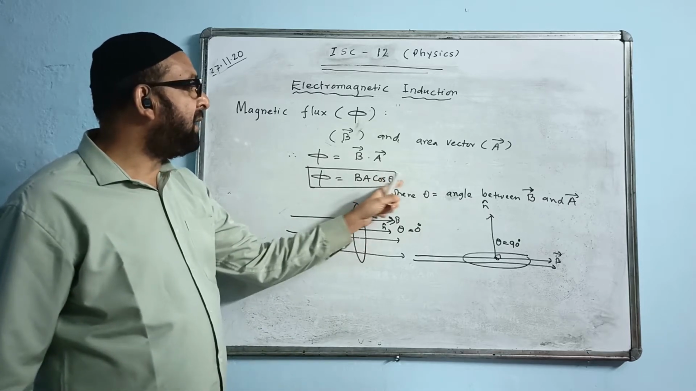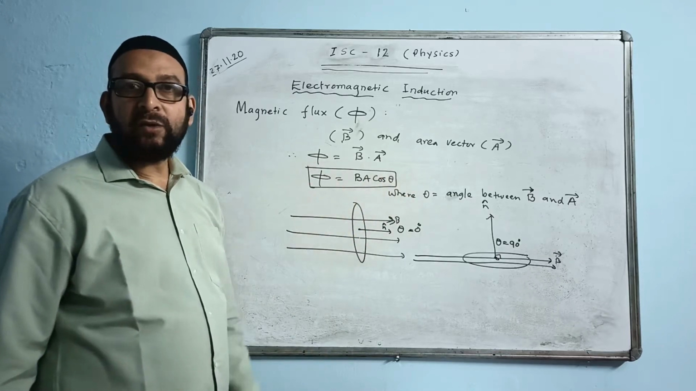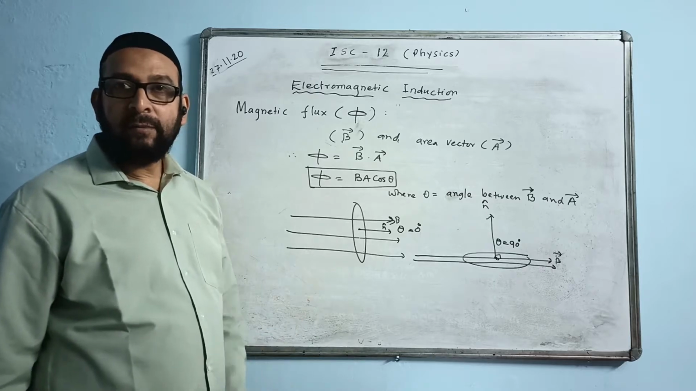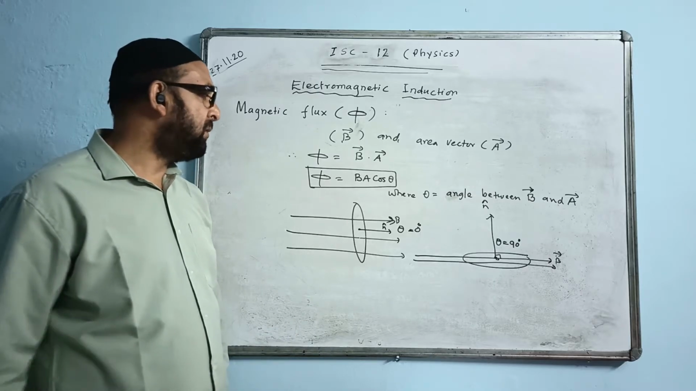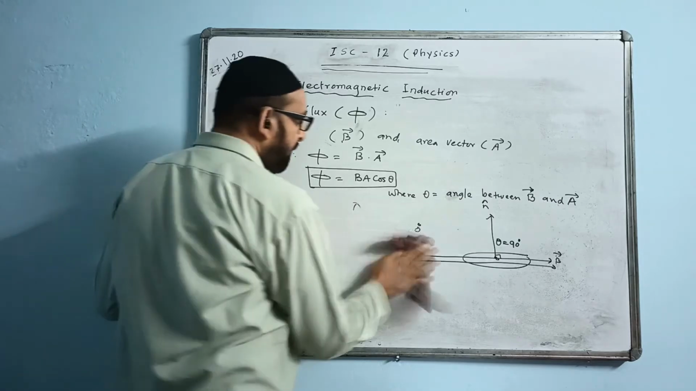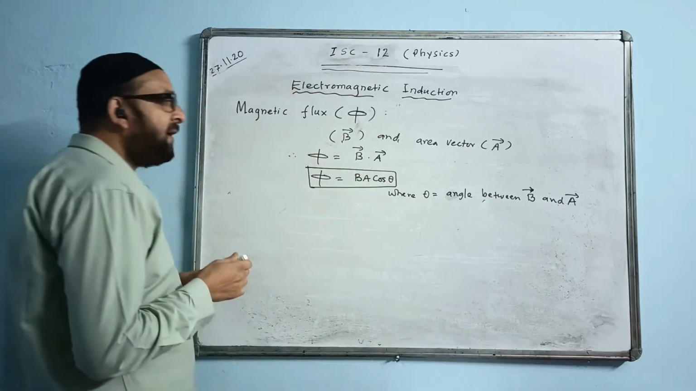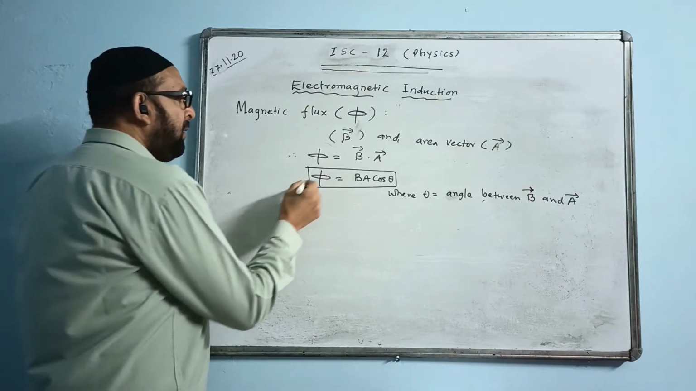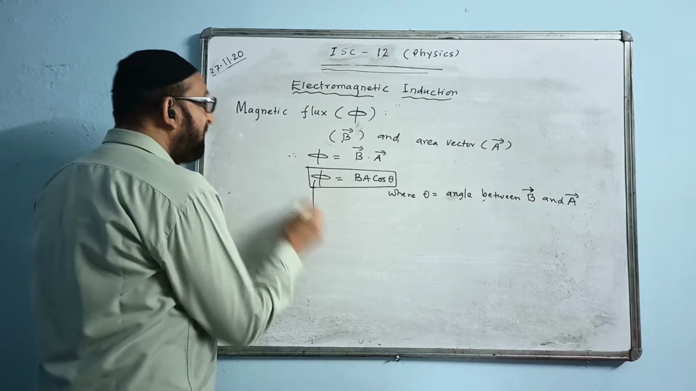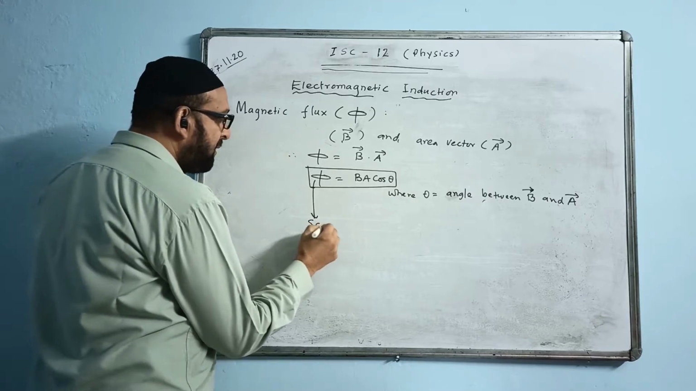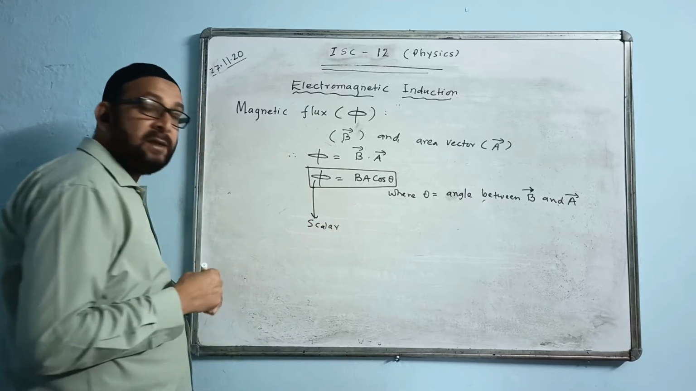Cos theta, where theta is 90 minus alpha, will change into sin. Cos of 90 minus alpha will be sin alpha. So that is how we change. But phi, we have BA cos theta. Phi is magnetic flux, it is a scalar quantity